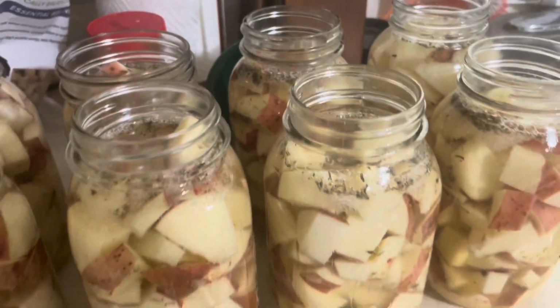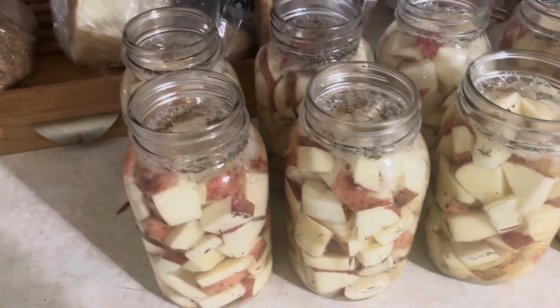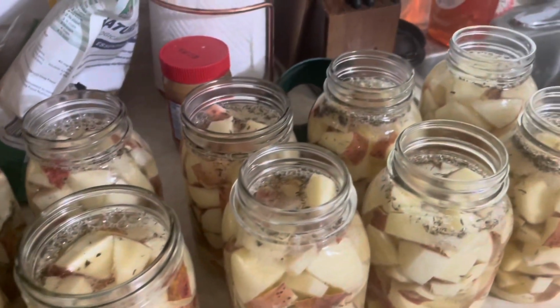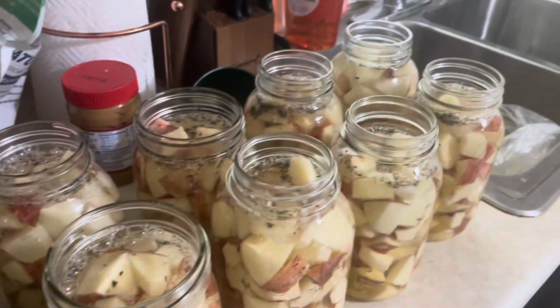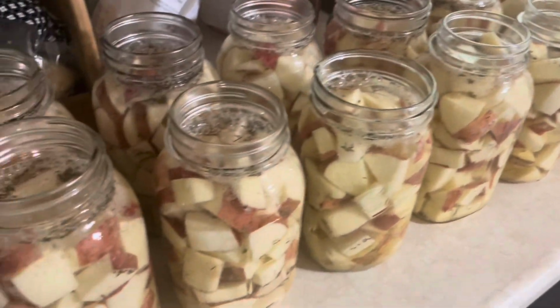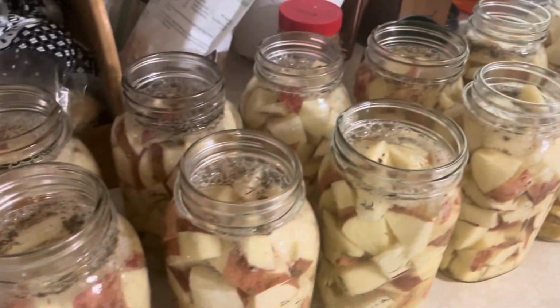Now, I did a video on it, it's up here. I just want to make sure that I remember. I think it's a half a teaspoon of garlic powder, onion powder, parsley, basil, and salt. Put it all in the top of those potatoes. And then I literally do a teapot, fill it up with warm water, doesn't even have to be boiling water. Warm water, pour it over your potatoes, wipe, put your four jar lid on, ring, and then pressure can it for